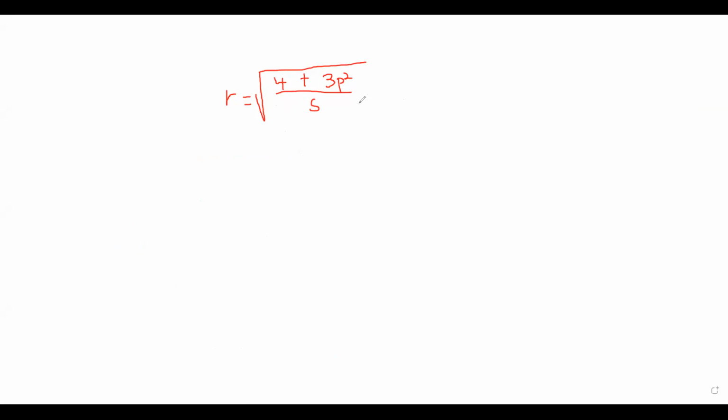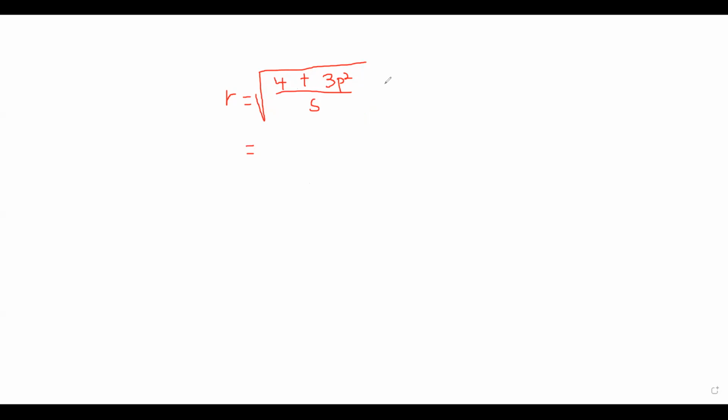So this square root is square rooting everything. This entire fraction here, right? It's not just the top, nor is it just the bottom. It's both. There's one thing to know. So the first thing we need to take over, or in other words, the last thing that we need to take over is the